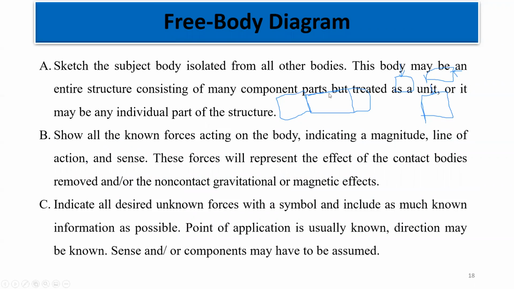So how do we draw a free body diagram? We say that you must go through some steps in order to draw the free body diagram. We'll quickly go through those steps. And then we'll see how best we can apply those steps in simplifying a complicated problem. So the first step is to sketch the subject body isolated from all other bodies, just as I stated